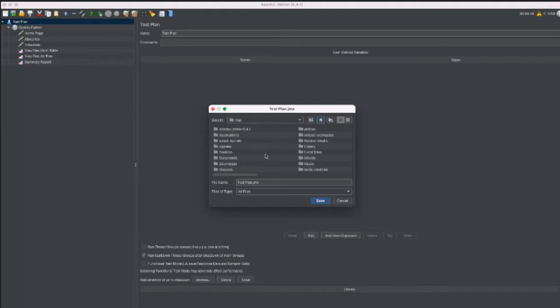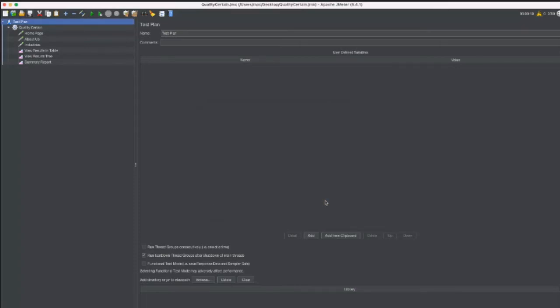Let me just save this on my Mac. Okay, this is my desktop here. So you can see I have several tests already here. So I'll name the test quality setting .jmx. Once I click save, if I run this test, my test should be saved on the desktop